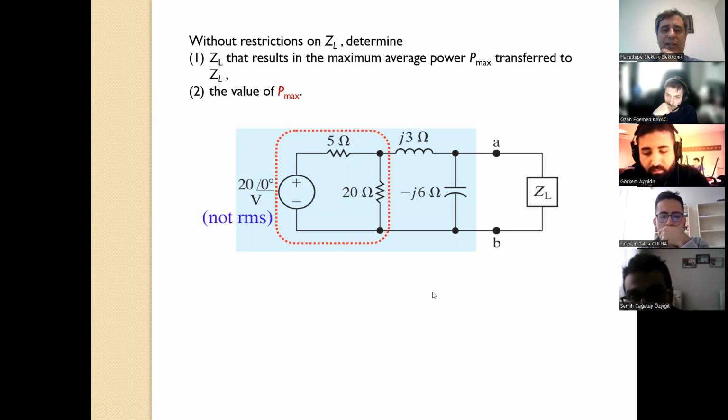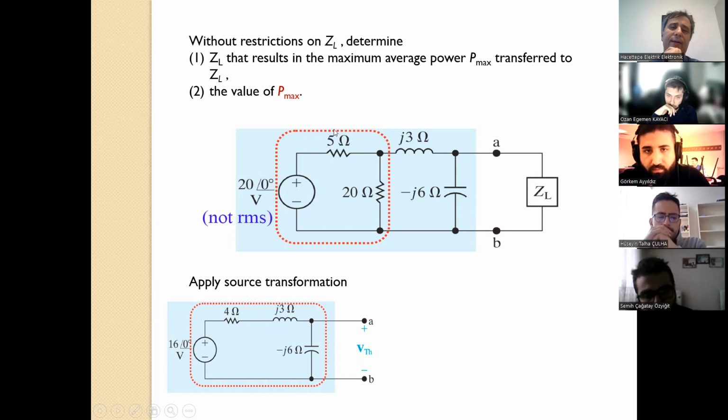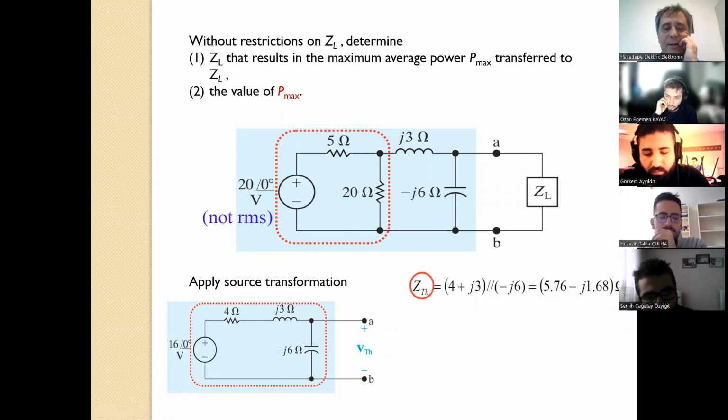First, we are going to use the source transformation. This is going to be a current source first. Then there's a parallel combination, so we are going to reduce it to this circuit right here. Then I'm going to look for the Thevenin voltage, because I have to find the Thevenin equivalent. ZTH appears when we kill the source, so it is 4 plus j3 in parallel with minus j6. Then this is going to be the Thevenin